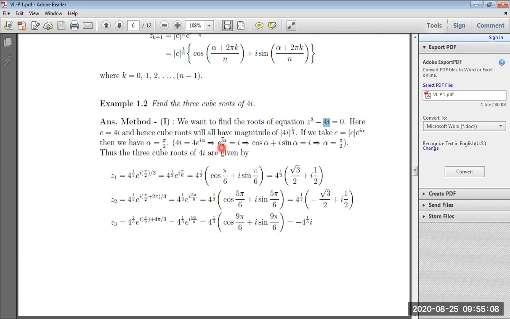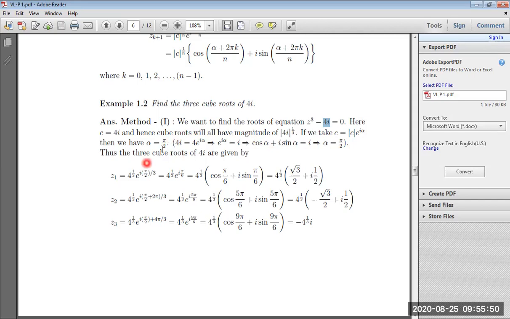But what is e to the power i alpha? Use the definition using cosine and sine function. That is cos alpha plus i sine alpha, and this is equal to i. Now, when do we get this as i? By choice of alpha is equal to pi by 2, you will get its value as i, because cos pi by 2 is 0 and sin pi by 2 is 1, and that is why you are getting this as i, right? So in this way, by using this definition, you will be able to find the value of alpha. So here alpha is equal to pi by 2, right?